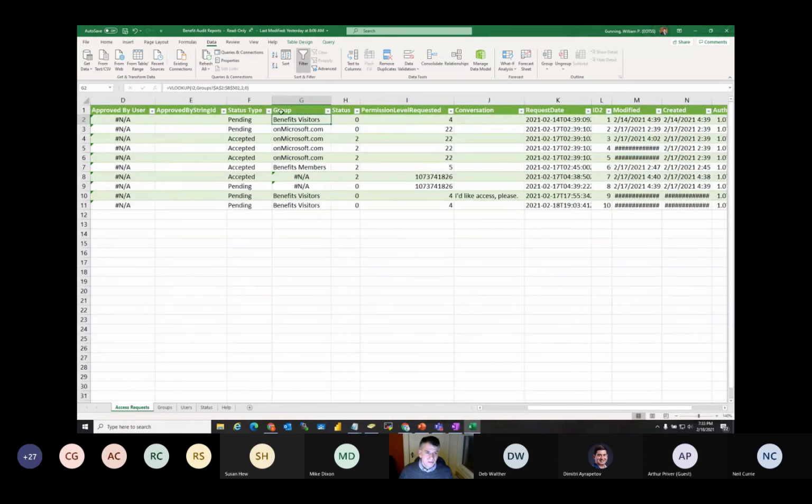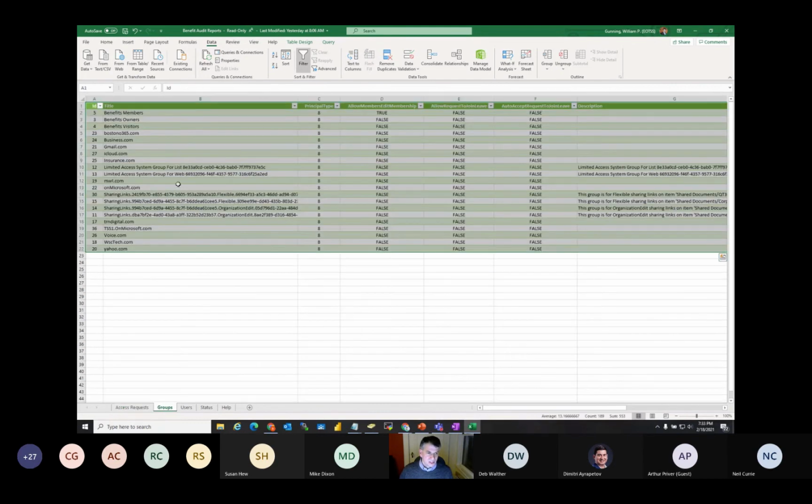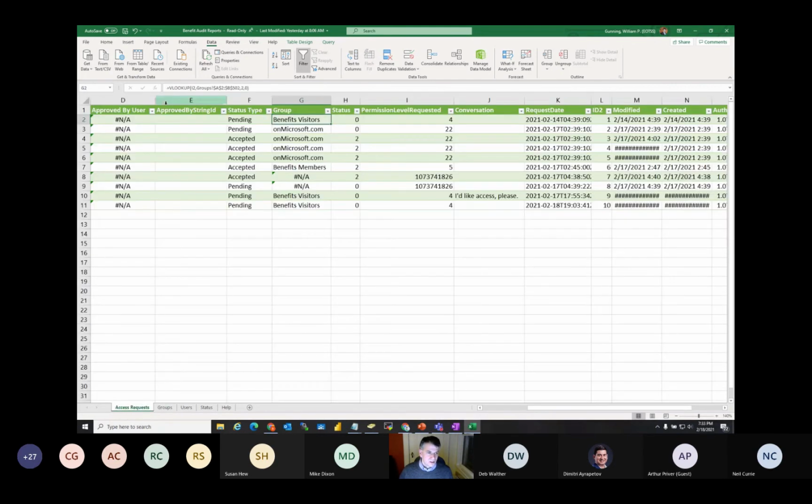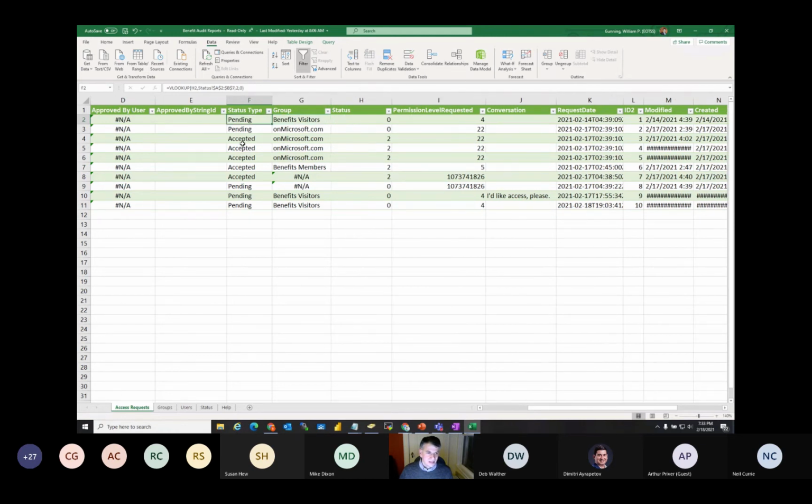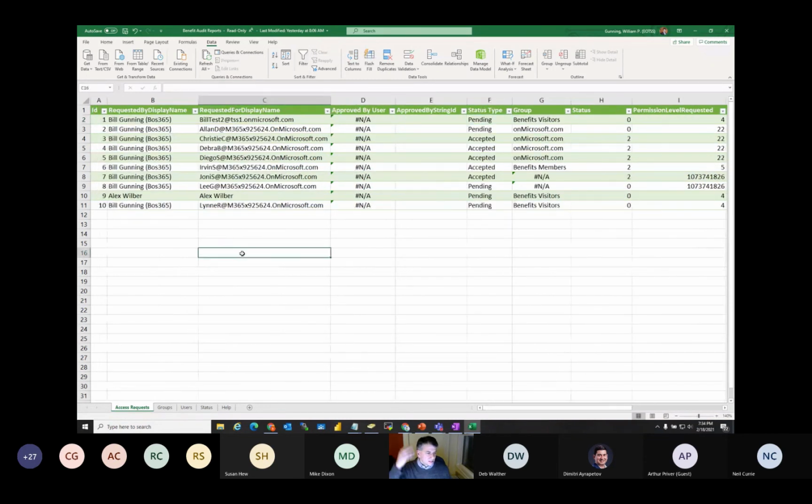So yeah, I'm just doing a VLOOKUP to the I column, to this number. I'm getting this number here, and I'm going over to the groups list, which is another list, and pulling up the group name. So on this access request list, I'm pulling in the group name, and pulling in its status: pending, accept, pending. This gives the site owner in Excel a very quick way to get at all the data. Here's all the people who got approved, here's all the people that are pending. They could take this and do another mass mailing to them. Like I said, we have some sites that have 800 users, so they can grab the email addresses quickly and send it out.